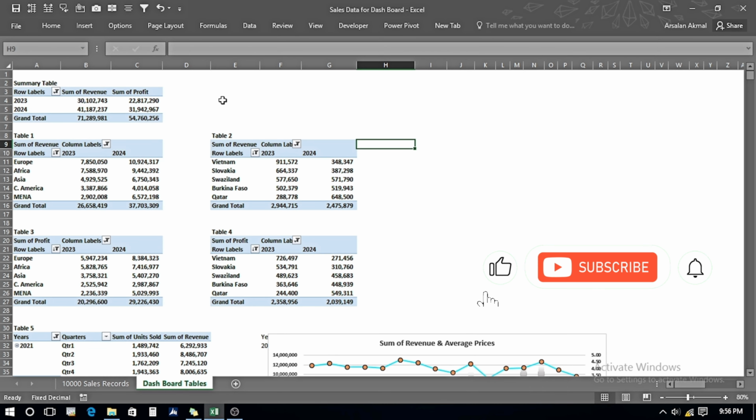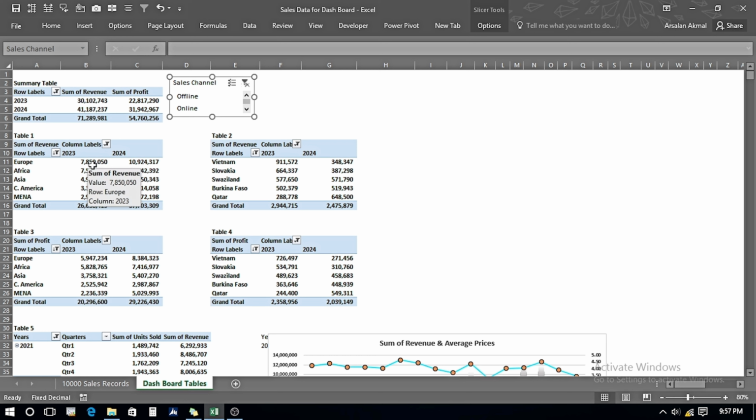I click on the summary table. That is my first table, and here I want the sales channel as a slicer. I right click over here, add as a slicer, and here I have the slicer for this. For table 1 and table 2 also, I want this as a slicer. So how I can add this slicer, which I've selected already over here, as a slicer for table 1 and table 2. For example, if I click on offline or online, you can see that the figures are changing in summary table, but they are not changing in the table 1 and table 2.